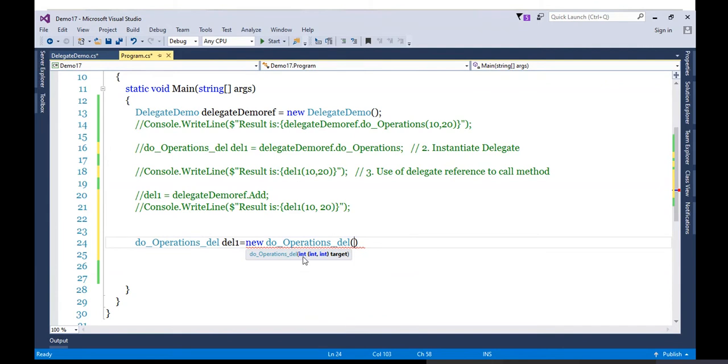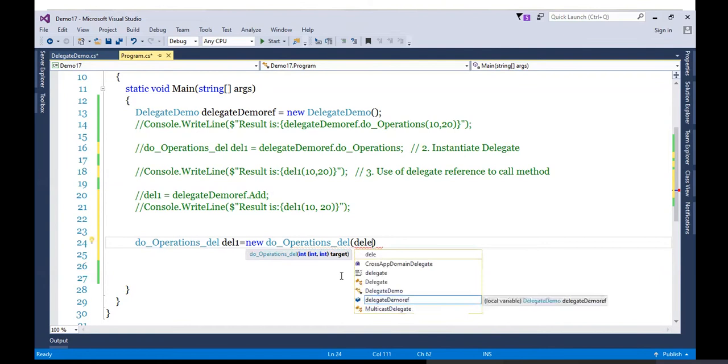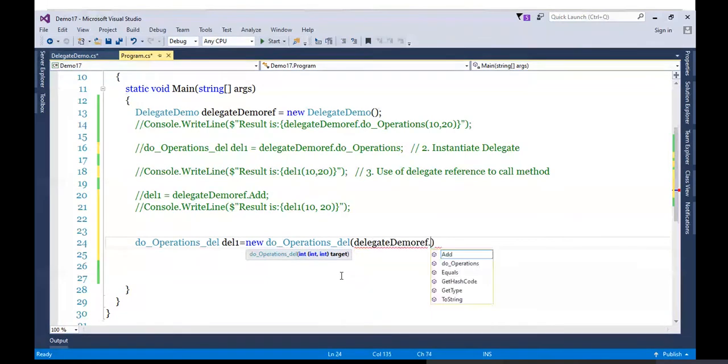The target it is expecting has a return type integer and two integer arguments as a signature. So we have two methods for this, Add and DoOperations. So you can watch how you are going to pass this. DelegateDemo reference dot, both methods are available.